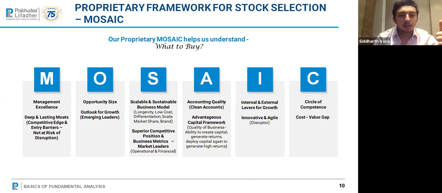The next and the last point is C. Two things here. Circle of competence, which means people are saying good things about a business, but do I understand it? If yes, it is in my circle of competence. If no, even if it is the best business, I will not be able to make money out of it in a long term. I will fail when the markets go against me, and I will sell my stock and get out of it.